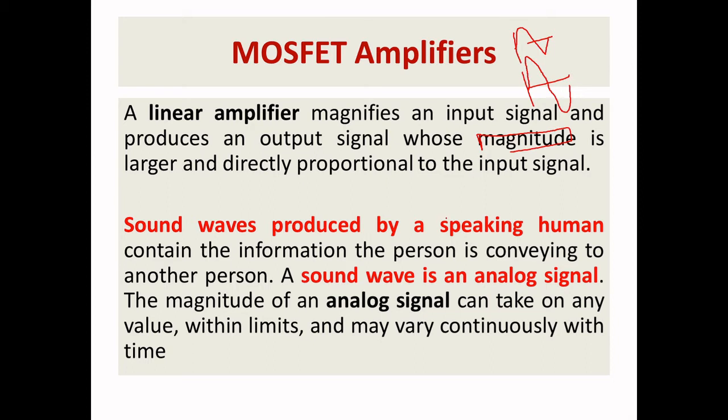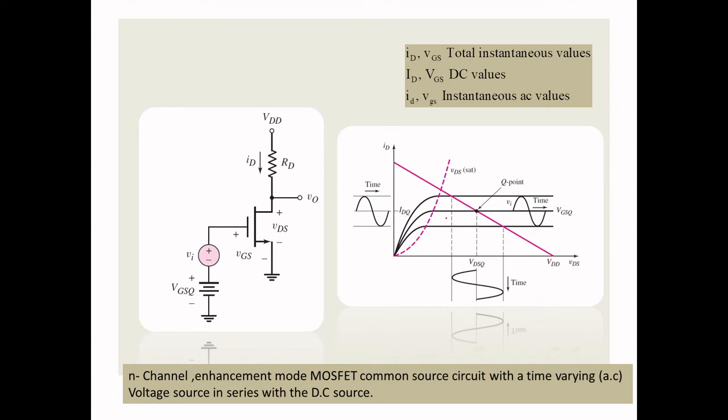Now we will go for the small signal analysis. Before you go for analysis, let me explain the circuit clearly. You can see this is your gate, this is your drain and source. The source is grounded, so it is common source configuration. The input is given at the gate and drain is the output you are taking. And here you can see your AC is superimposed on the DC circuit. So what is the AC here?